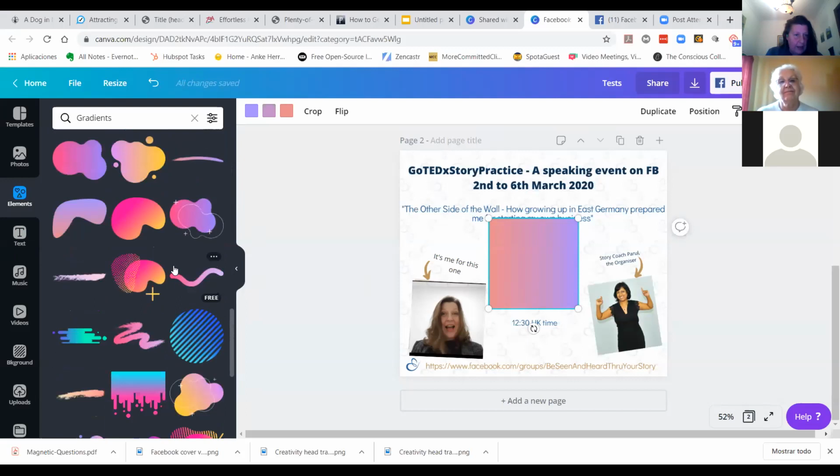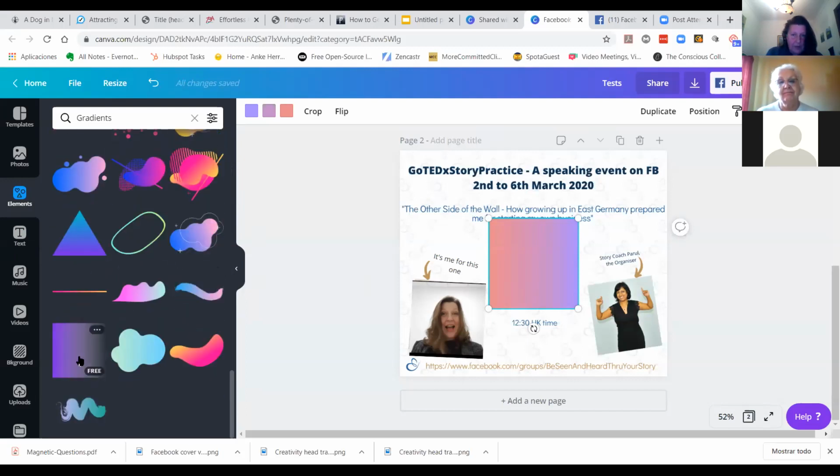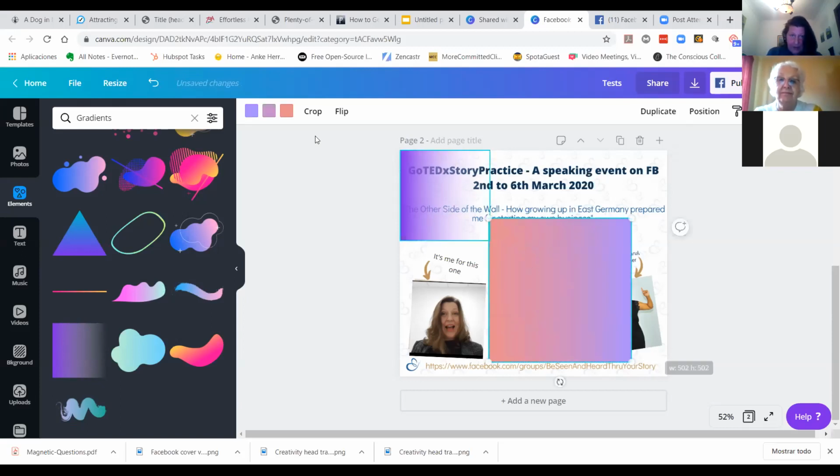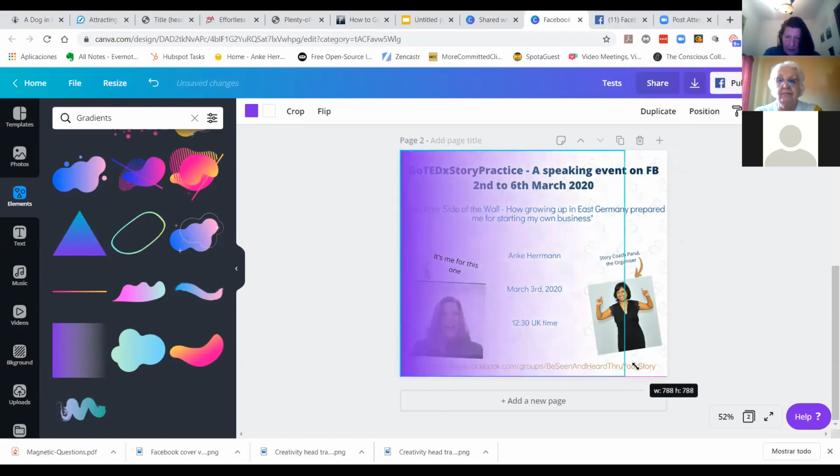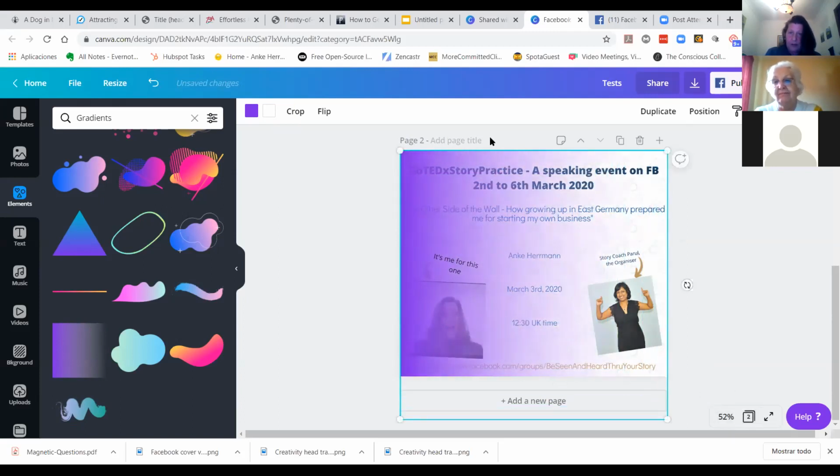There was one where you could actually change the color, and it's like this purple one here. This one is from a color to transparent, which can be really quite useful. This one is just the size, and it goes from one color to the next. You can obviously change those colors, but this one can be quite interesting because you can drag this all across here,